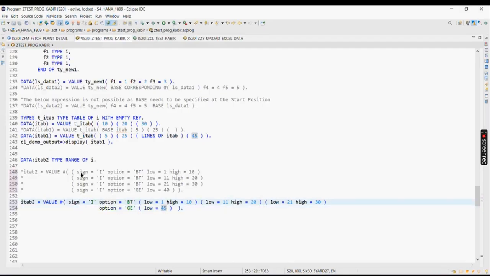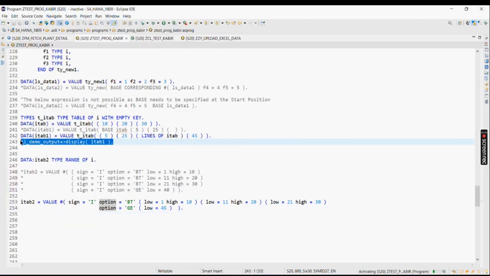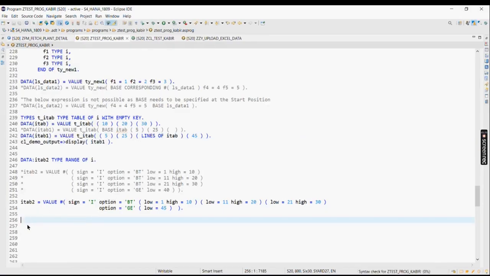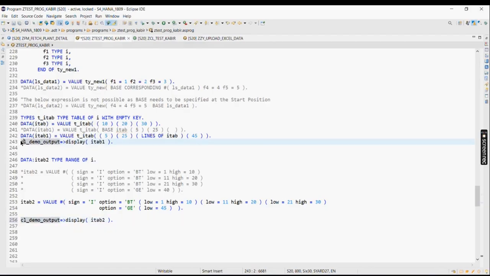But now do you see the convenience? Now I did not repeat this sign multiple times. I did not repeat this option multiple times. And do you want to see what values will be constructed for this internal table iTab? So let me put this here now and change this to iTab2, and let me comment this out. And now let me activate. So if I do an F8 now,